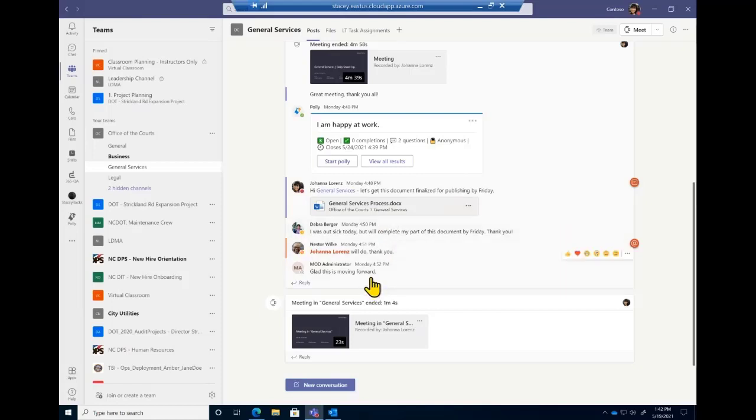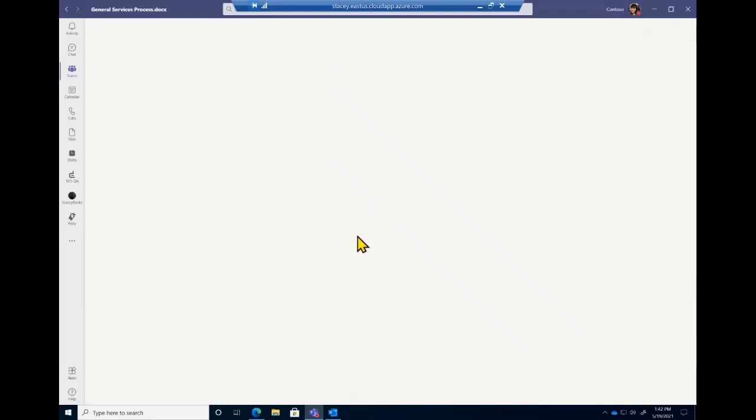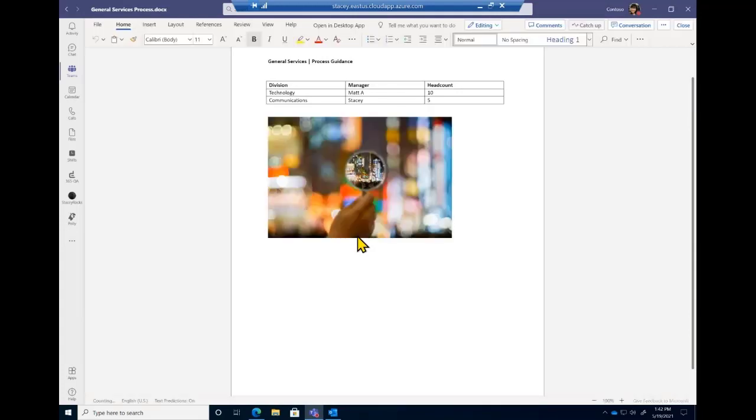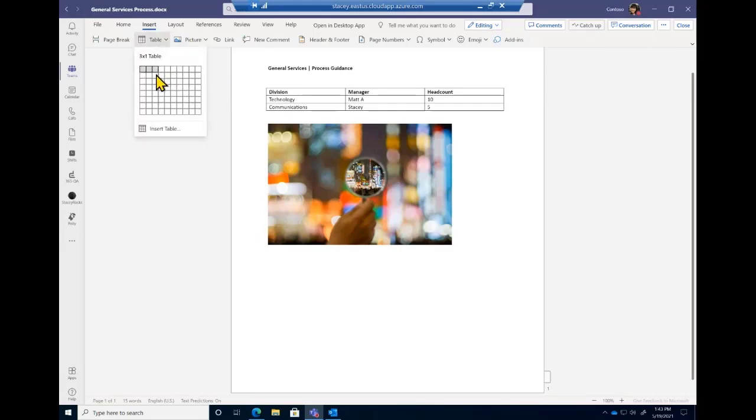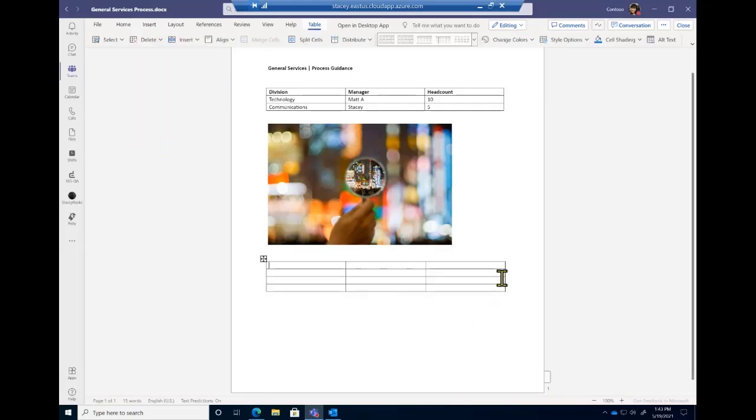So definitely you could go in here and see conversations. You can see files here. But if I click on this file, just like I could in the personal meeting, I can go in here and I can collaborate and say, hey, we got to finish up this process update or this new contract. Now that we've met and discussed it as a team, let's finish it. I'm just going to put some things in here.